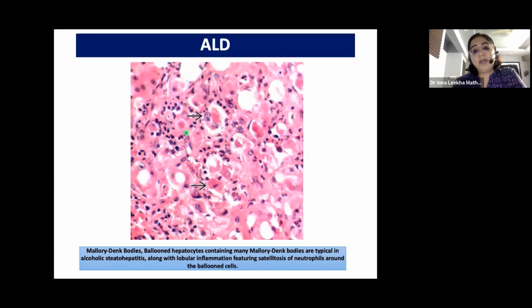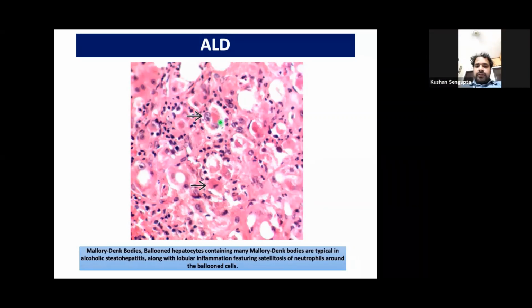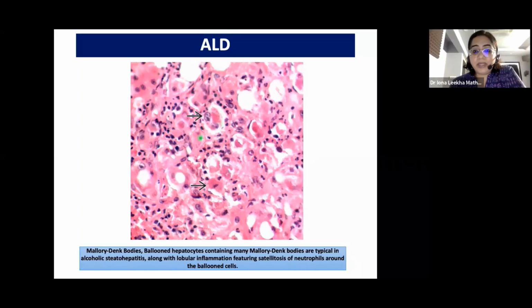This is the case liver biopsy, where you see again ballooned out hepatocytes containing these intracytoplasmic inclusions, which are known as what? What did I say just now? If anybody is listening. The Mallory-Denk bodies. Yeah, so these are Mallory-Denk bodies. And like I said, these are chemotactic. So when they start attracting neutrophils, you will see neutrophils around the ballooned out hepatocyte.